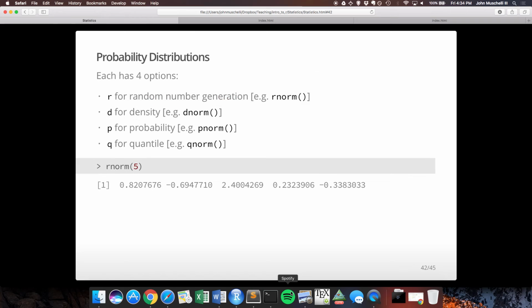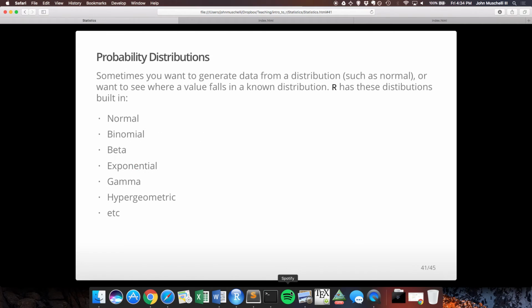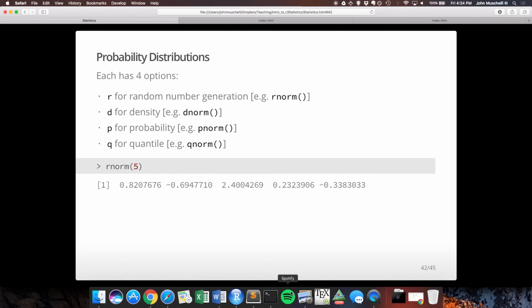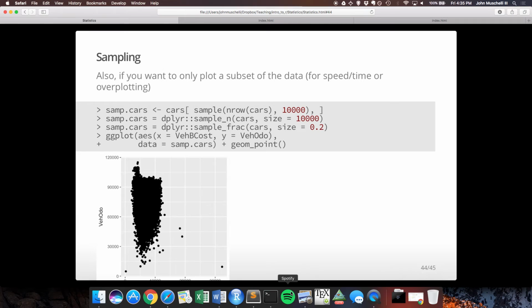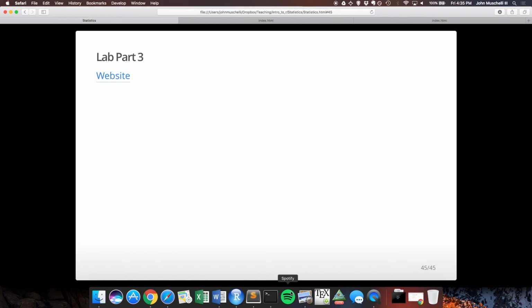And lastly, we've covered pretty much everything other than that. These are some other things to use to say if you have a chi-squared test, this is one way you can get a p-value. You can look at those. rnorm will give you random normal data. rbinom will give you random binomial data, but a lot of times that's not being used as much. sample is useful if you want to sample on a vector. Sometimes you want to sample the rows of a vector, for example, or sample the indices, and you want to do a subset. sample, if you just run it on a sequence, without any other options, it'll do a permutation. But for the most part, we're just going to do the rest of the lab now